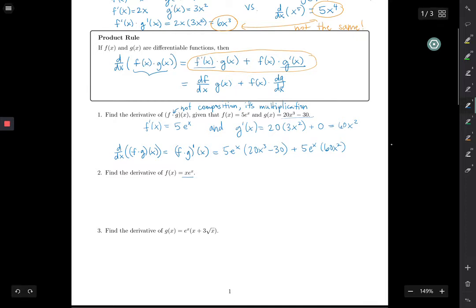So the first piece is x, and the second piece is e to the x. So see that we have x being multiplied by e to the x, and we can see those as separate functions being multiplied together. So what we want to do is define,